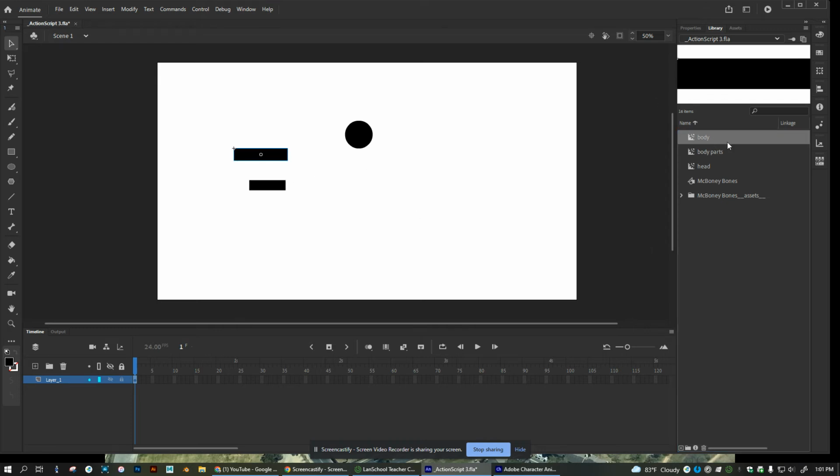Now, once I have symbols off to the side in my library, these can be duplicated very easily. It makes it really easy to use. So I'm going to take this and assemble my character. Now I can move things on top of each other without them being subtracted. So I'm going to choose my free transform tool. I'm going to rotate it, and move it around in place. I'm going to use my arrow keys as well. You notice it kind of snaps, but you can turn snapping off if you need to. We'll take this piece right here, rotate that as well,